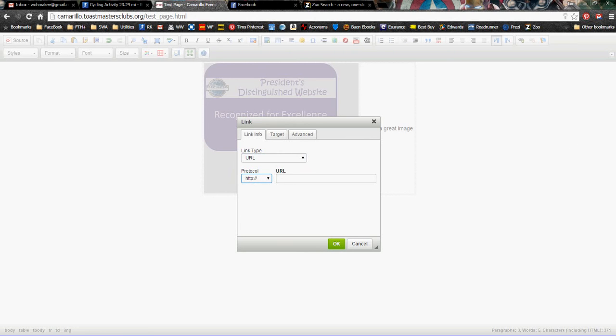Now I'm going to copy my address that I want to put in here, and then I'm going to insert that address. I'm going to paste it into here. And if you notice, it really quickly flashed the HTTP and then it went away because that protocol is already there. So now we have a link set up to go to